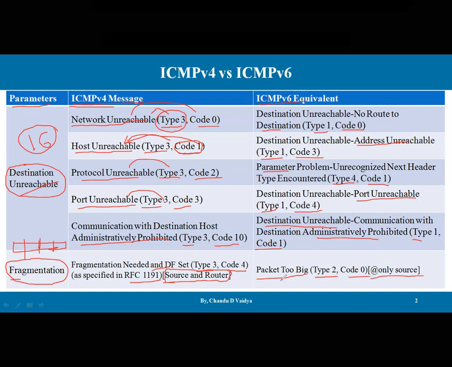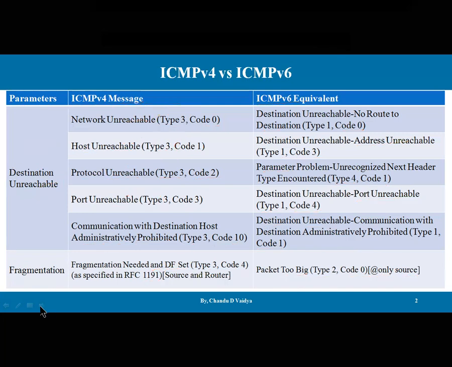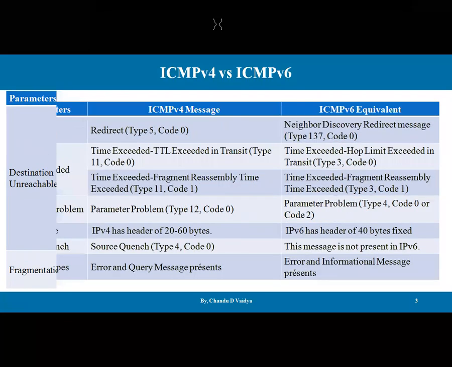Once a Packet Too Big message arrives, the router checks that the message is too big. So it is better to inform the source: can you please slow down, can you please make that packet smaller, so that we can accept those datagrams or segments. So these are the differences. Let's go for the further differences, guys.